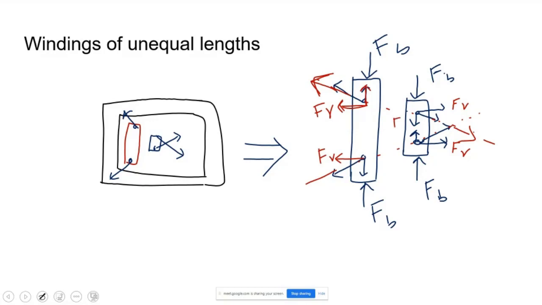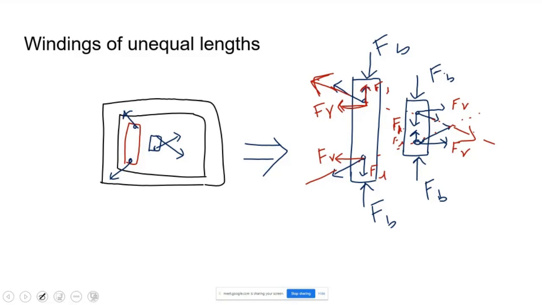This is F axial. We can indicate it as, better, L is the symbol. Yes, FL along the longitudinal, or something like that. And this is also FL. And here this is also FL. And this is also FL.